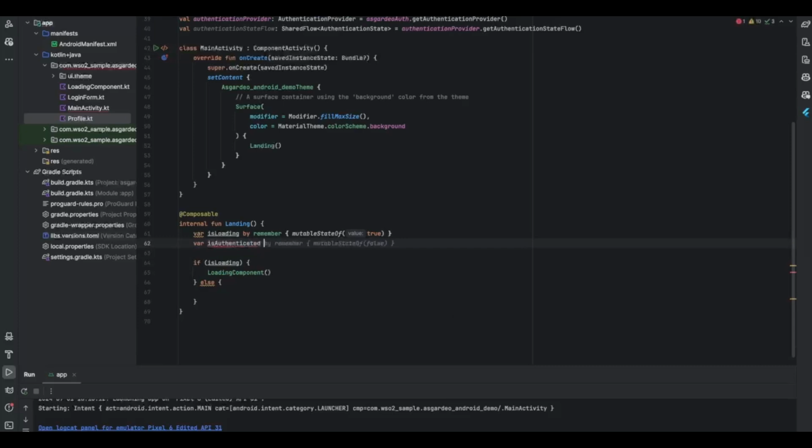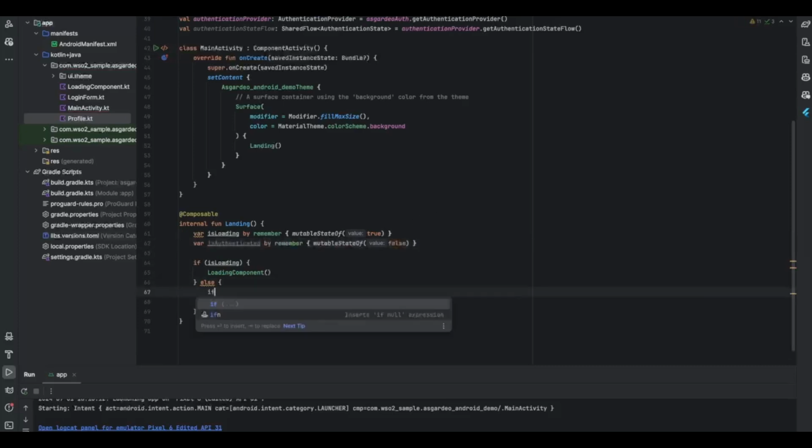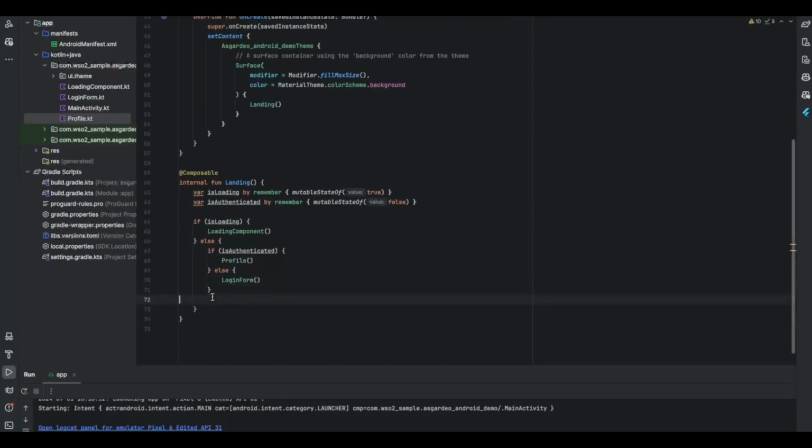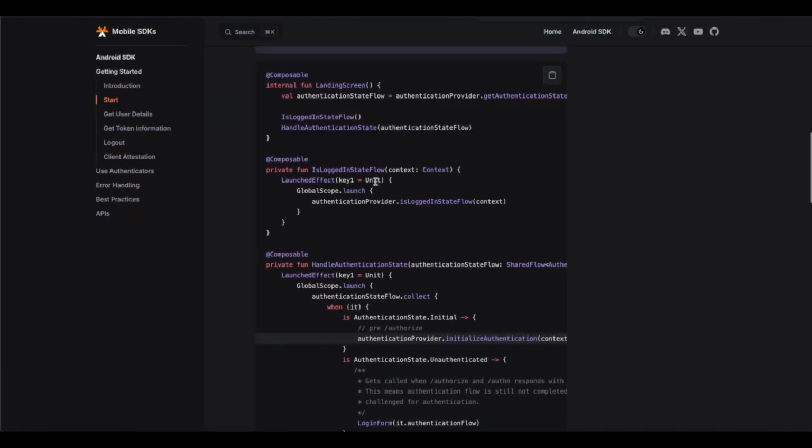Authenticated. Okay, and we will do this: is authenticated. If authenticated, we will show the profile component, else it will show the login form component. Okay, so